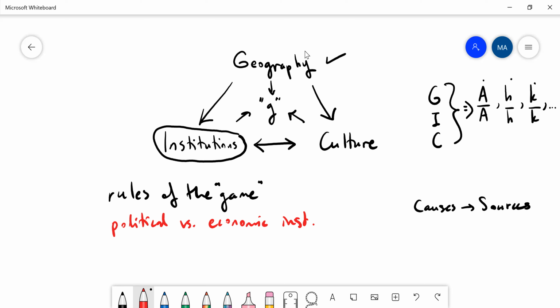Money can usually be thought of as an institution itself, and the market exchange where we use a particular medium of exchange as the currency can be thought of as an institution, but also, for instance, the tax system in the economy, right, or the accounting system in the economy. So these can also be considered certain economic institutions.